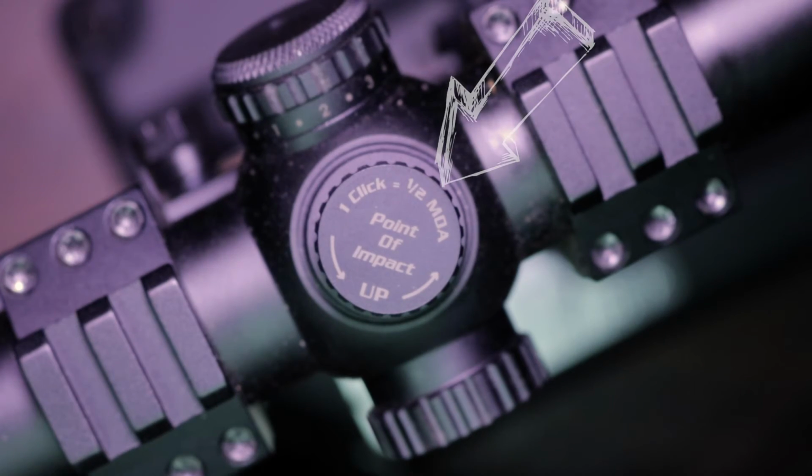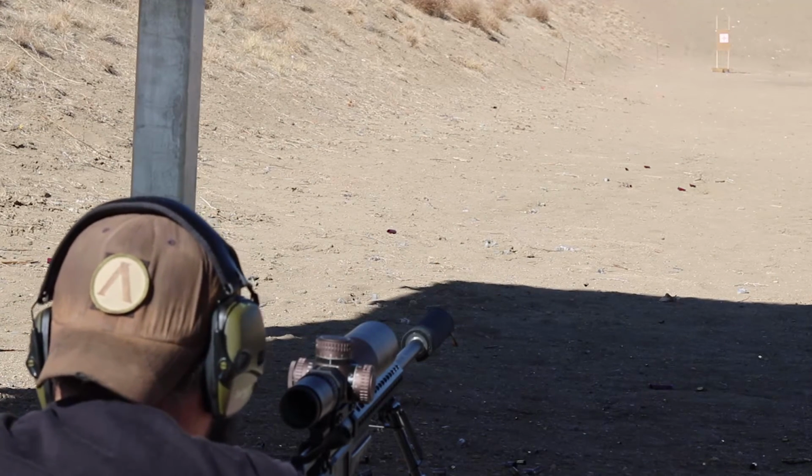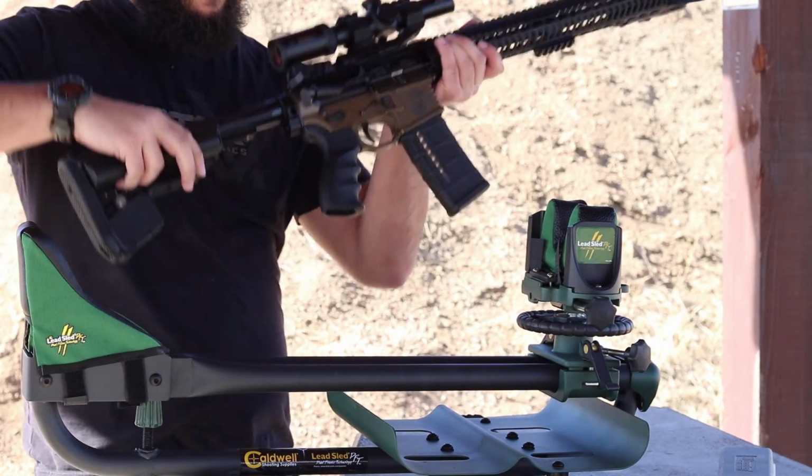If you can't find anything, chances are you need to get a different scope. For this tutorial, my scope is a half MOA, which means that for every click, the point of impact will move 1/2 inch at 100 yards. When you get to the range, set your target at 100 yards. There should be a little line out there for you to reference, or you can even use a laser rangefinder for more accuracy. Put your rifle in the lead sled or set up on the bipod, load your rifle, fire